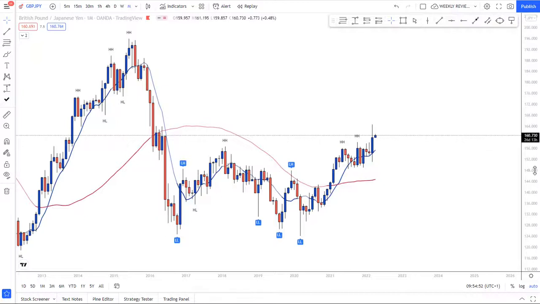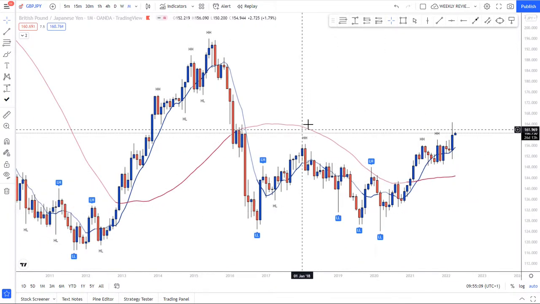Sunday the 3rd of April 2022. We're on a GBPJPY. We're on the monthly chart. We're just doing our weekly forecast. I'm starting on the monthly chart for you this morning because it's the beginning of the month. So a quick glance there, and then we'll jump straight into the weekly and work our way down the chart